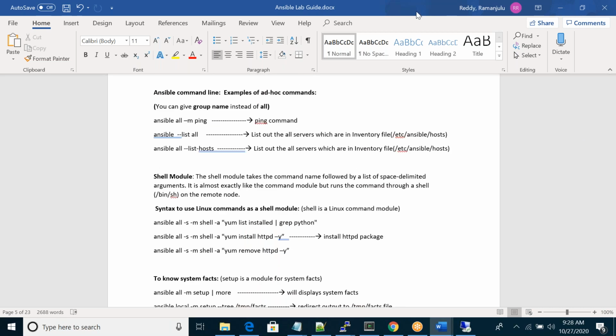So here you can see. Whatever we'll discuss, those commands I have documented, so you can practice it. Right now we tested this command, and I have this command, so you can take it and practice. Don't copy paste. You have to type manually. If you copy paste, you don't learn.